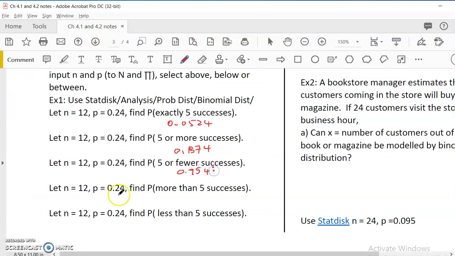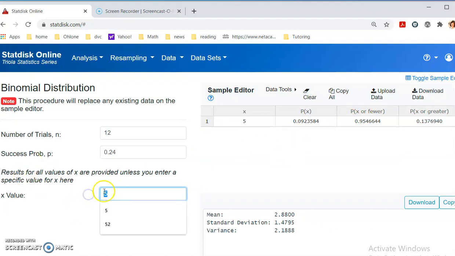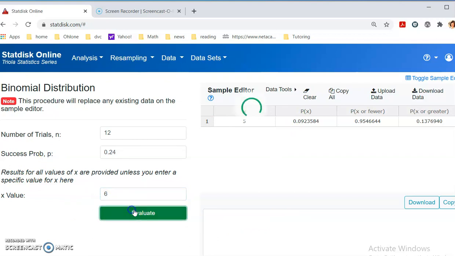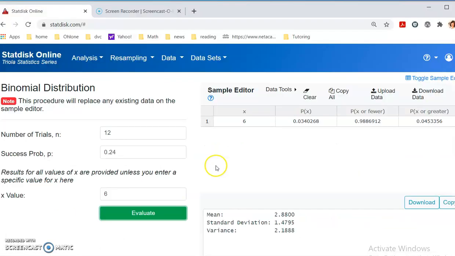What about more than 5? Can I read it from here? No, because more than 5 would mean 6 or more. So I have to adjust it to 6 and then evaluate. So 6 or more would be 0.0453. For less than 5, I have to